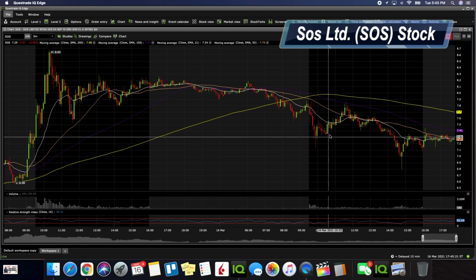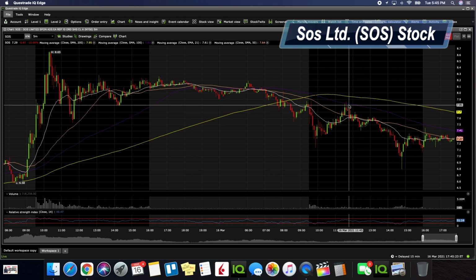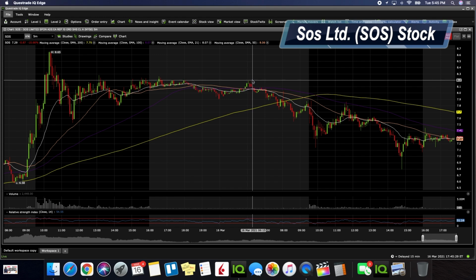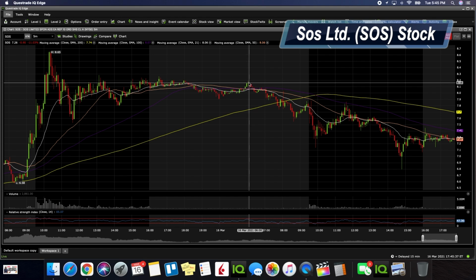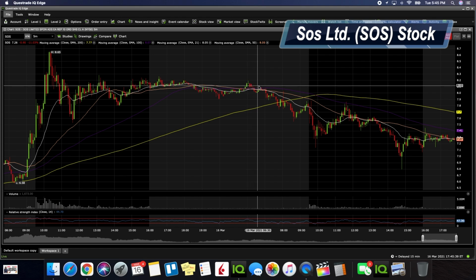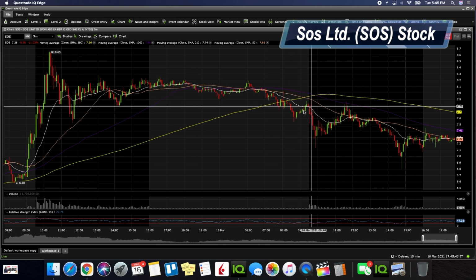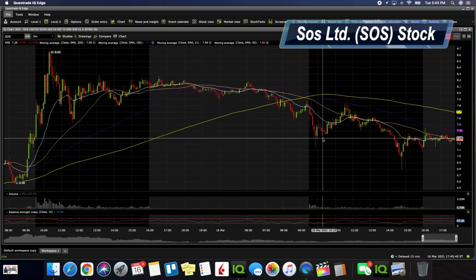Taking a look at the next areas we want to see, the resistance levels. Inside the pre-market, we had a resistance level reaching a high of $8.20, let's call it $8.19, sorry about that. And we didn't stay there that long, as you can see by how skinny that candle is. Seeing how these resistance areas keep getting lower and lower shows us that it's not looking good in regards to the downward movement.